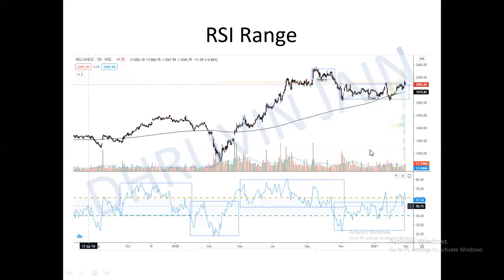Also in RSI, we can see the momentum. Although RSI moved into the bearish territory of the 60-40 region, after breaking this 40 zone, RSI came back in the neutral zone. This is the neutral zone, the 60-40 region. RSI is right now somewhat in the neutral zone. This is a stage structure, where you will see that 40 is acting as a great support.